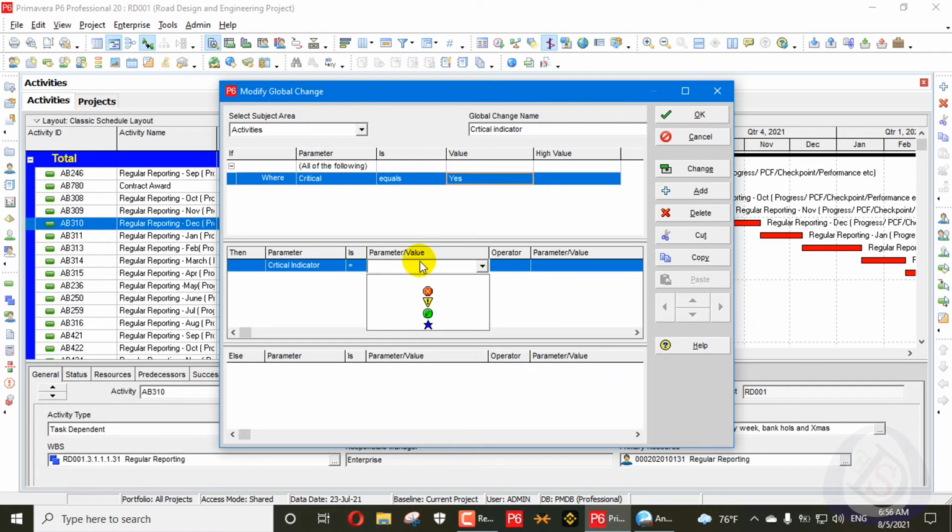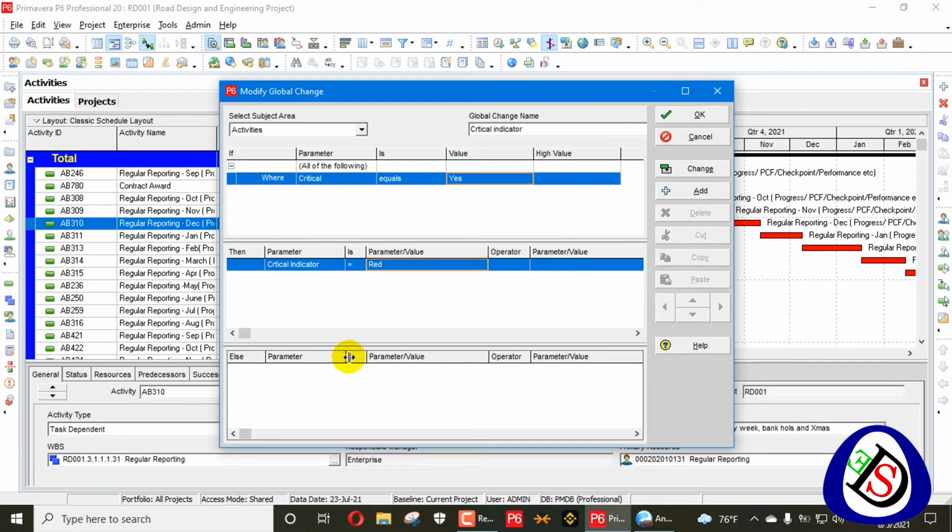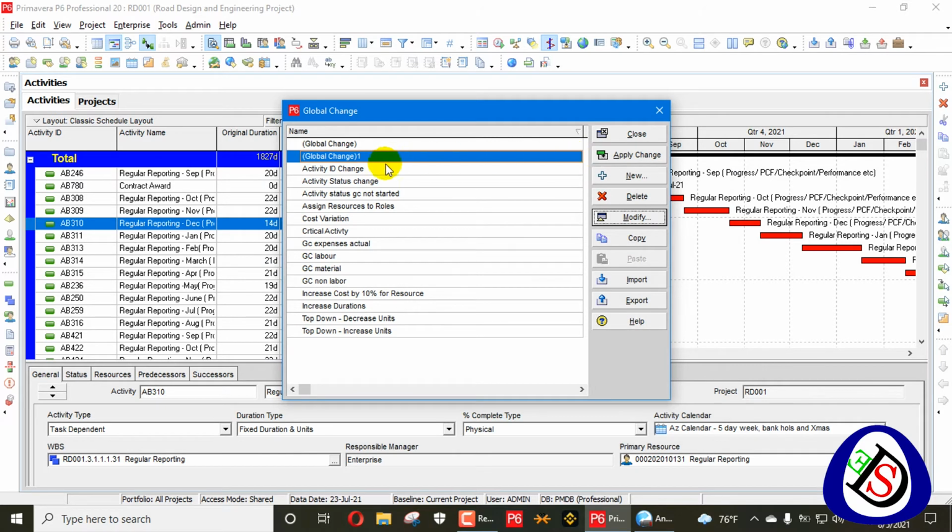Also now from here I will assign an indicator. This activity is critical. You can see the critical activity indicator is this red one. Also you can add an indicator for the green one, and you can also add an indicator for longest path. I will just show you the indicator which I have created.